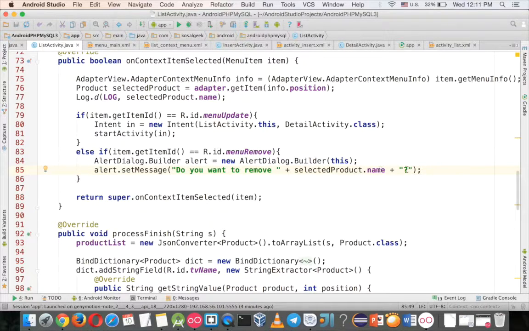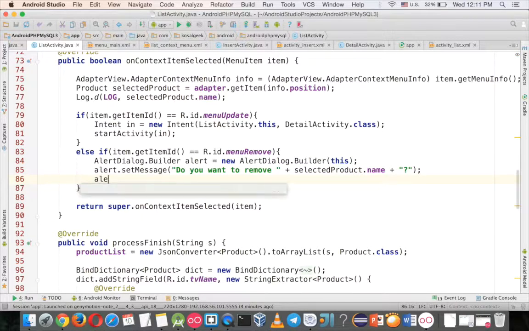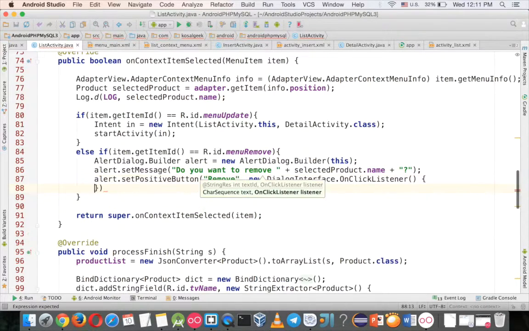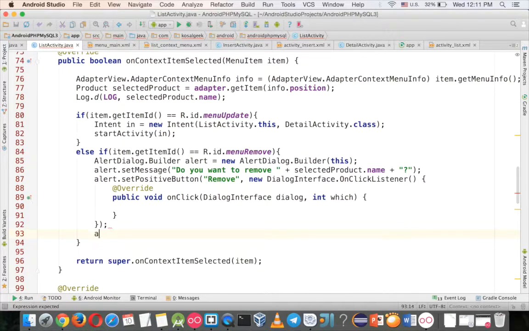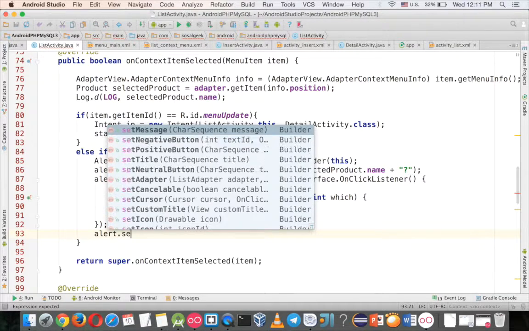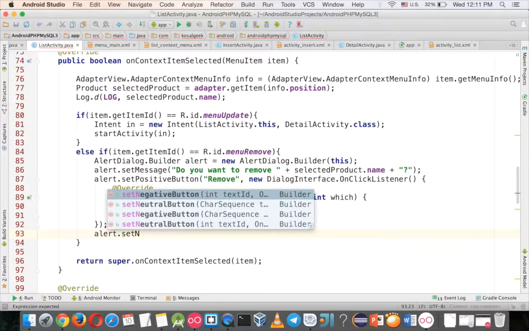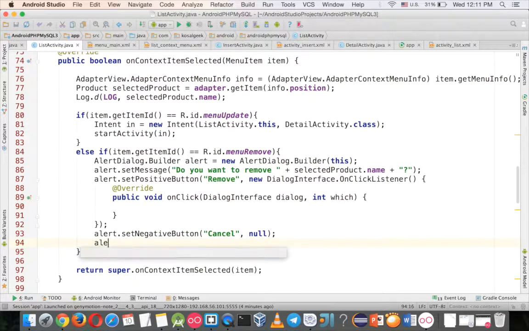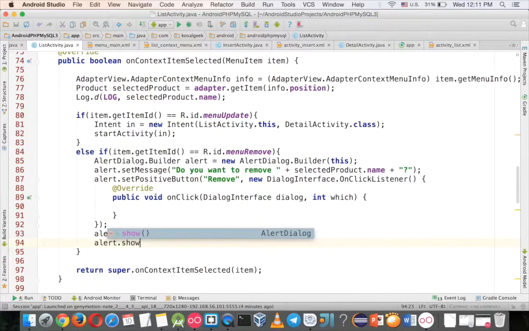Then our product name, and after that, so remove, and new on click listener, another button, set positive and negative, and this one cancel because we don't have any event, just give them null, and lastly alert.show. So here is the place that we want to write the code, but first we need to run and